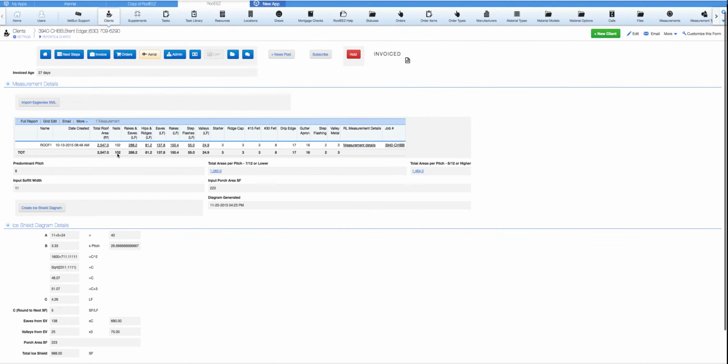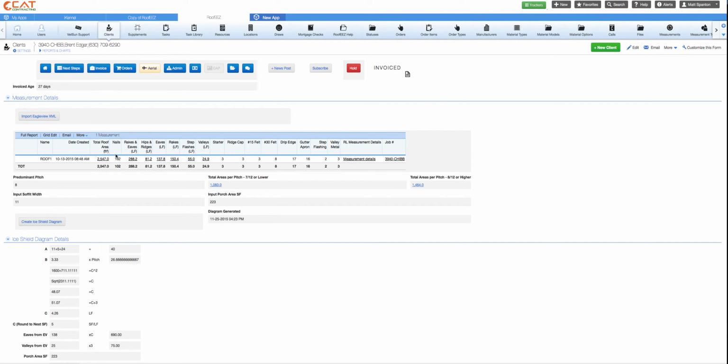We parse our EagleView into our orders. There's pre-calculated math that breaks down your drip edge, your linear footage of your starter, all that type of stuff. So that's why we bring in the EagleView. Our admin tab,